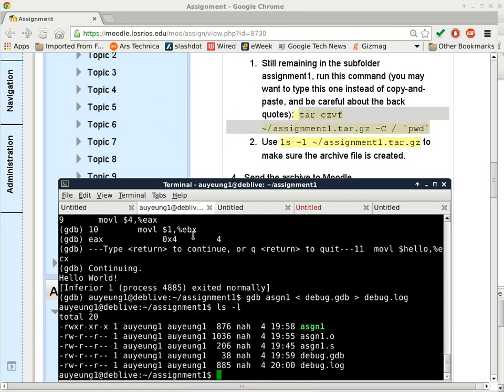The command goes like tar czvf: c for create, z for using gzip compression, v for verbose, so it shows you what files are getting compressed, and then f tells the tar command the name of the output file. The output file is tilde, which means home,